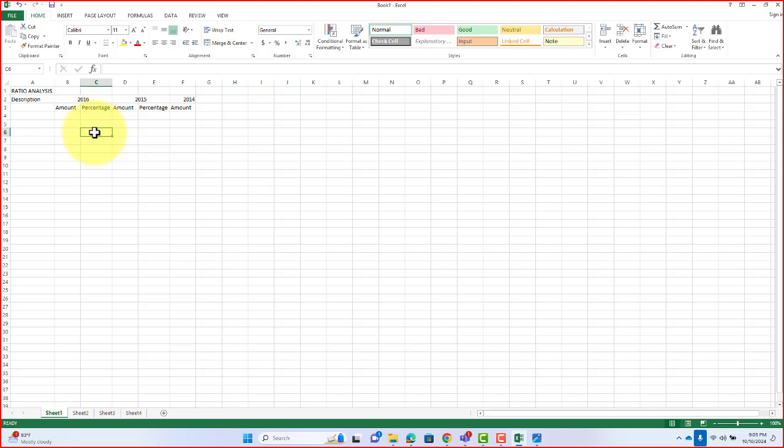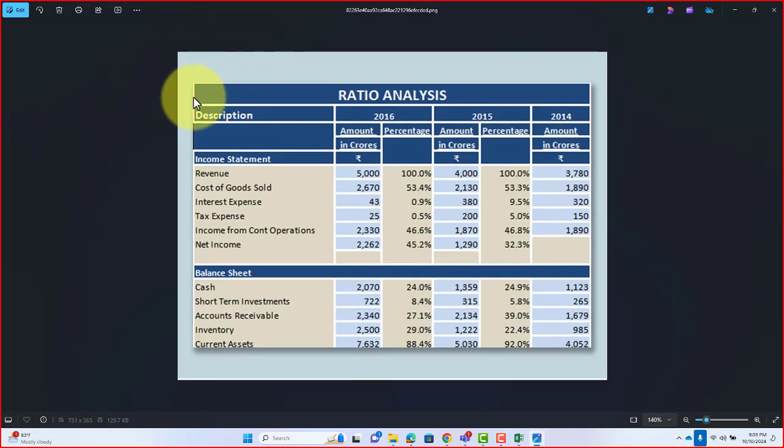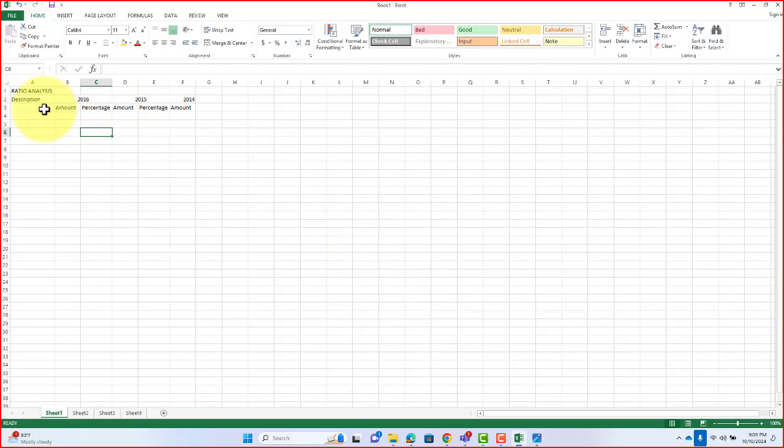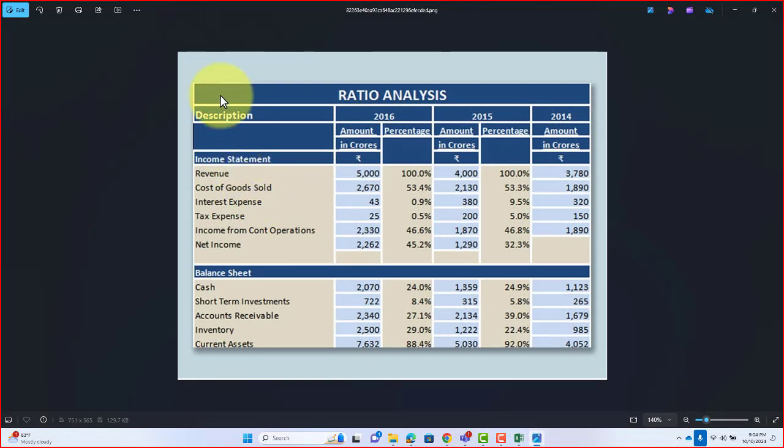Okay, so the same thing, the ratio analysis starts from the beginning, from here to this place. So I'm going to match and center it. From here I'll drag. This is what's called highlighting, using this big cross. I'll click on match and center. So I've done that. Okay, I've done that. So you now have ratio analysis at the center, having description, having 216 at the center, 15,